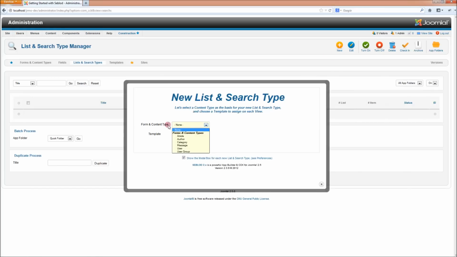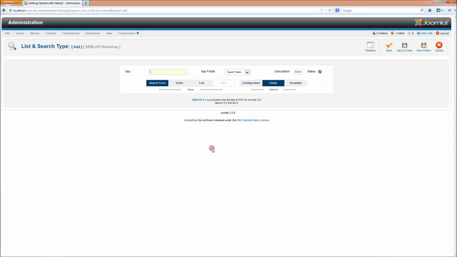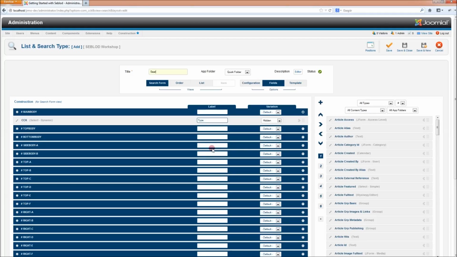and click New and select the content type which you want to search. For us it's going to be author because that's what we created in the first tutorial. And create list and search type. Now we're going to call this search authors,